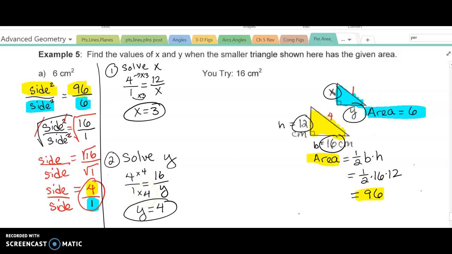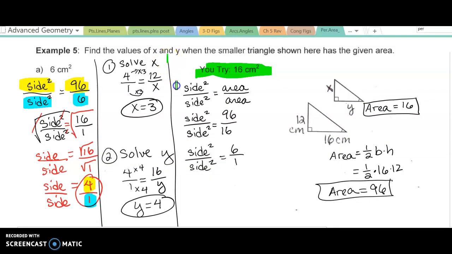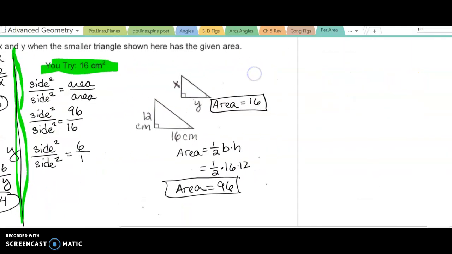Okay, so what I want you to do is pause the video, try the U-try, and then come back and see how you did. Okay, so just to orient you to what I've got here, everything to the right of this is the U-try. So what we still know is that the area of this big triangle is 96. Found that from 1/2 base times height. They gave us that the area of the little triangle is 16, and we know that side squared compared to side squared equals area. So I did my 96 compared to 16,